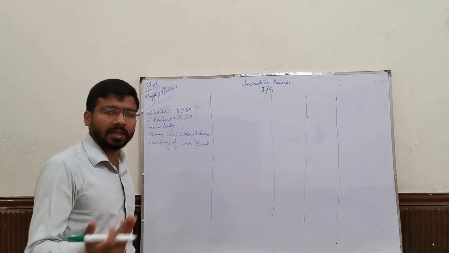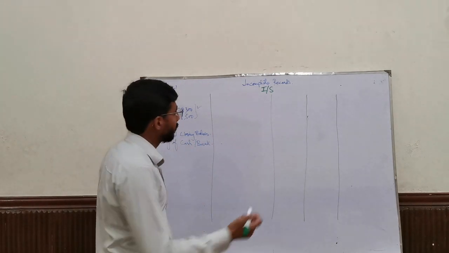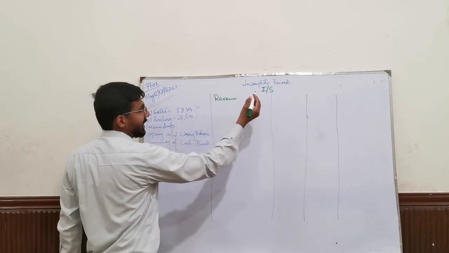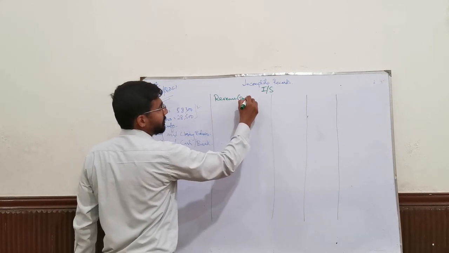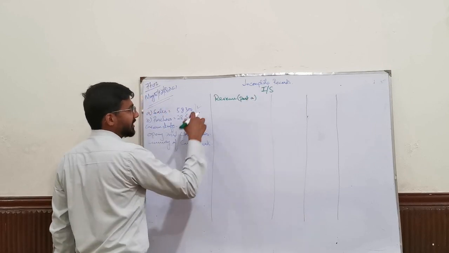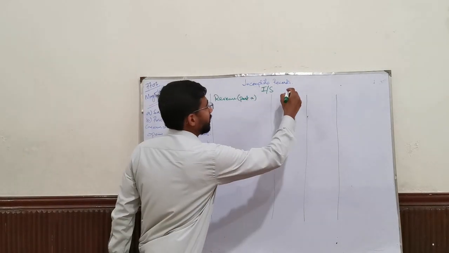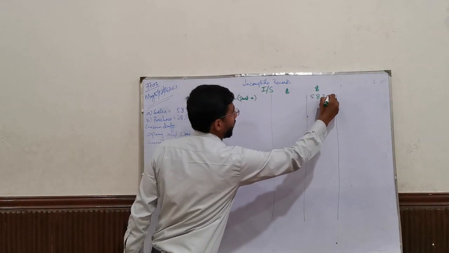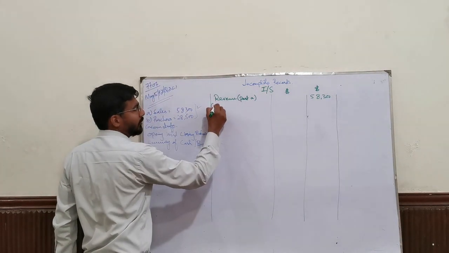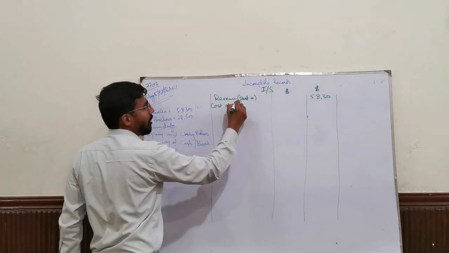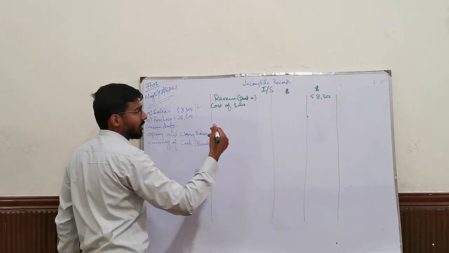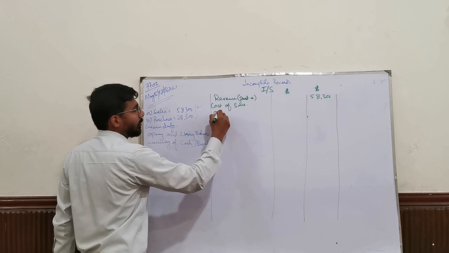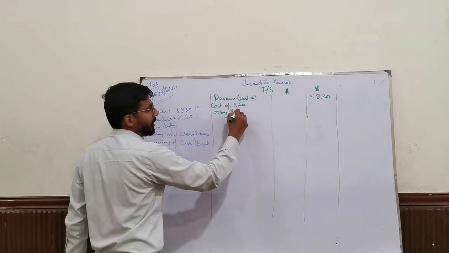Now when we have to prepare the income statement, what do we do at the very beginning? We write revenue or sales. For reference purposes, you can write part A, that this revenue was calculated in part A, which is dollar sign 58,300. After revenue, we write cost of sales or cost of goods sold. And the composition of cost of sales is: we write opening inventory.